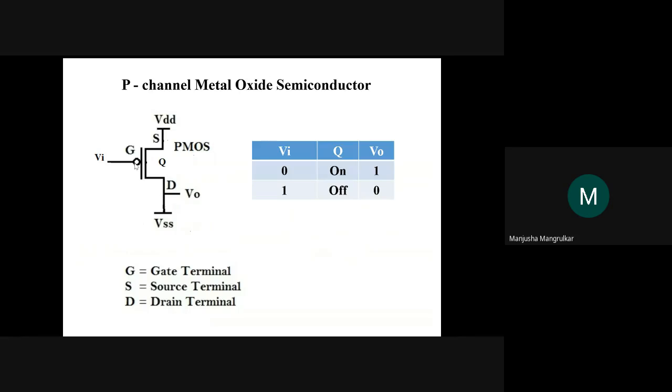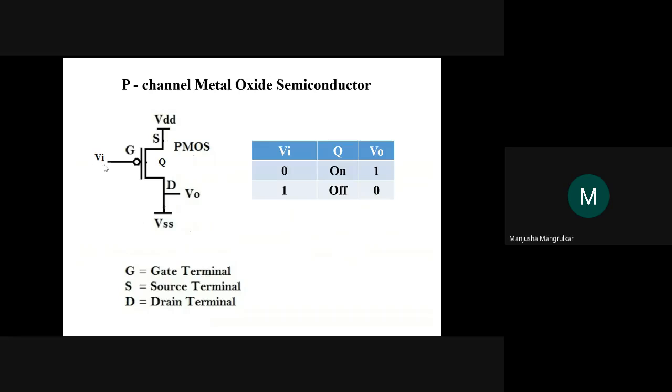If it is a PMOS, here at the gate input terminal there is a NOT, and your output is close to the ground, not exactly on the ground, at the drain terminal. Your output in PMOS is close to the ground at the drain terminal. Now let us see the functionality of PMOS, how it works.